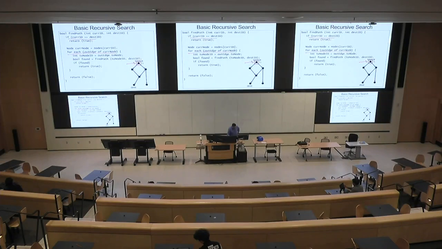So I'm going to look from this node, where can I go? And the first edge that I look at is this one. It goes to node 2. So I say, okay, what I'm going to do is recurse. I'm going to call this find path algorithm again. And now my current node is node 2. And I'm still looking for my destination. So that's my recursion. Call it on this node that I can reach. Okay, so I go through the same procedure, come back up here, I check, all right, is that my destination? It's not. So I go down into this code again, but now my current node is node 2,